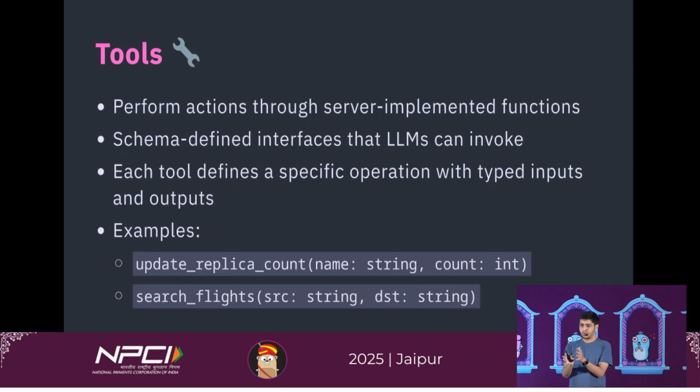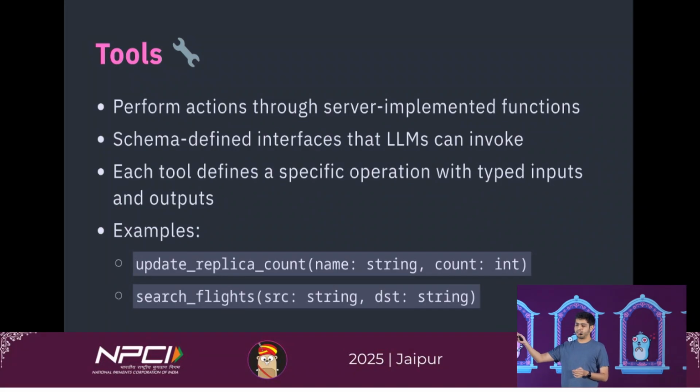Then the tools are where the actual magic happens. You can imagine them just as function calls. They are the things that do the real-world tasks. They have their own JSON schema. And if you look at the examples, they basically make changes outside the ecosystem.